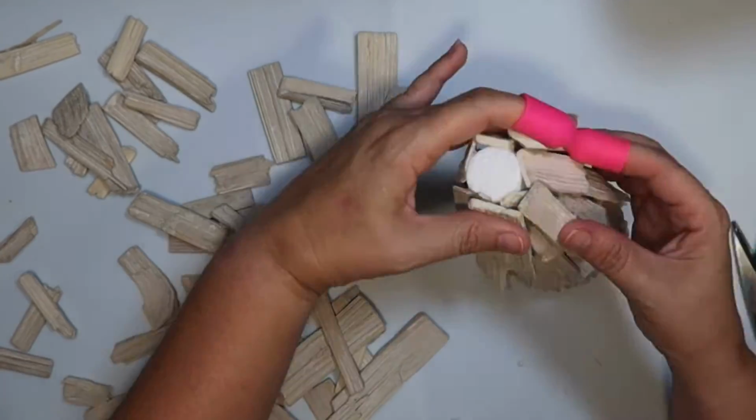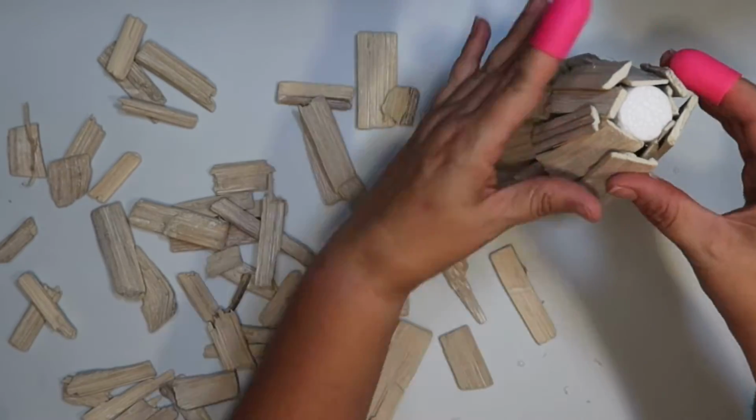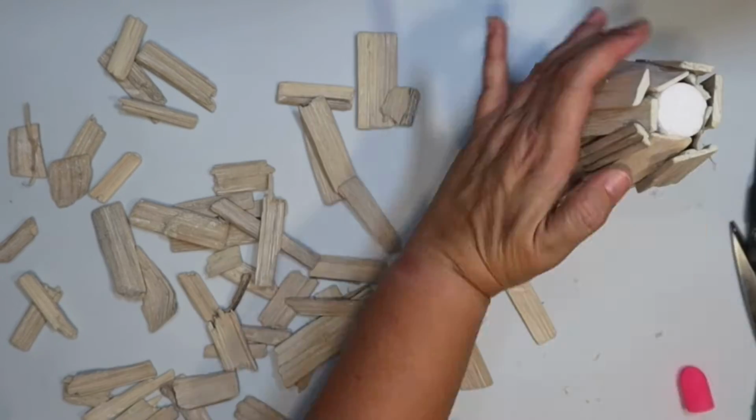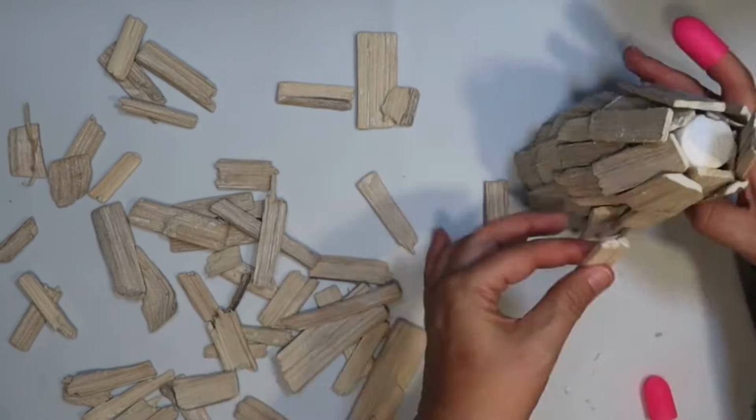And then I wasn't sure what to do at the top, so I went ahead and started doing another row just to try to bring the pieces closer together so I could get a pointy tip for the top